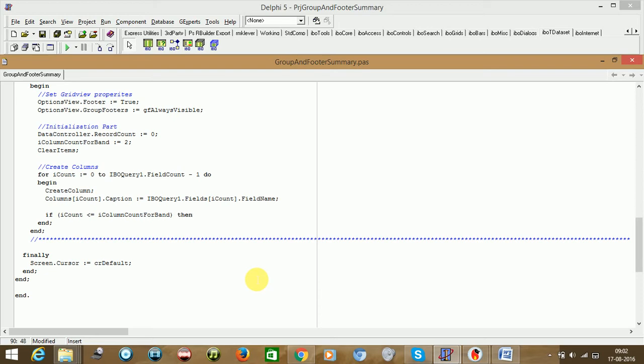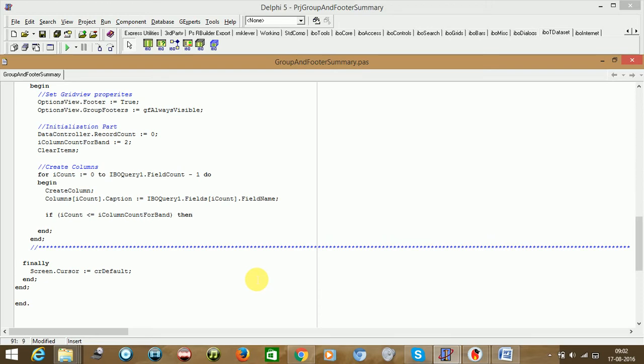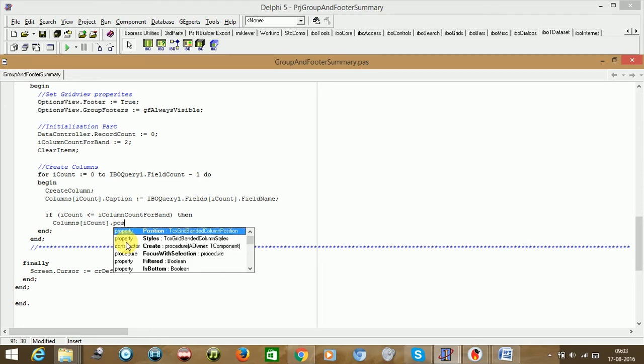Then what needs to happen here? Then we need to specify the column's position, the current column position. So here you could say columns of I count dot position dot band index.